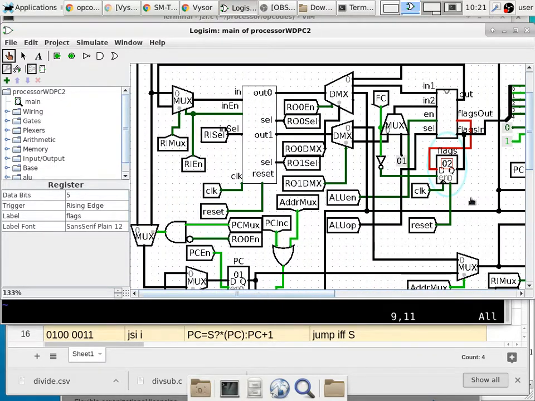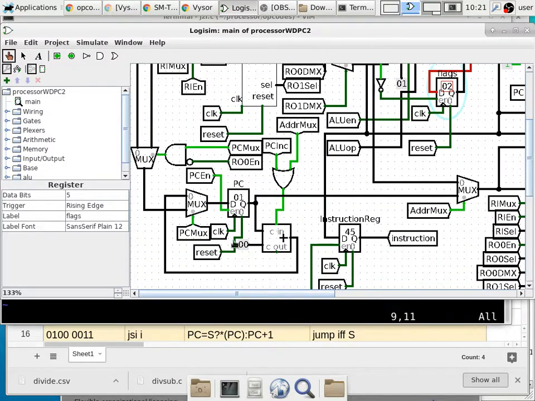We know for sure the program counter is getting updated because the program counter has its own enable being a 1. Okay? So the question is, how is it updated? Well, it's updated through this wire. We know that too. But it's going through a mux. So we have to look at this mux and say, okay, what is the select of this mux? It is PC mux, and it has a value of 1, which means we are selecting this line to update